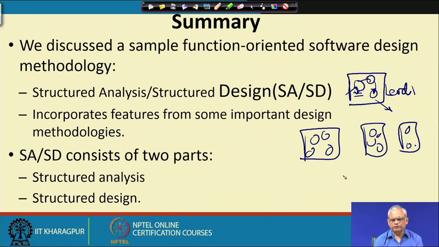Start with the level 1 diagram, and unless it is a very simple system, like let us say the Tic-Tac-Toe or this compute RMS etcetera, very trivial software. Typically, the level 1 DFD, we observe that transform analysis needs to be performed. Only for very simple software, level 1 DFD will lead to a transform analysis, but typically a transaction analysis needs